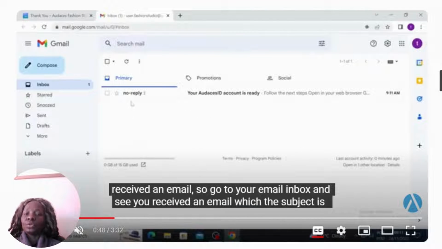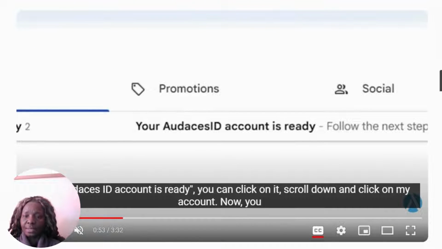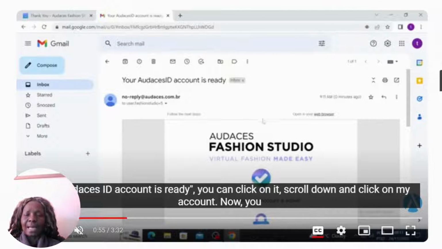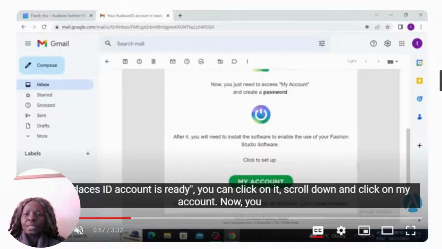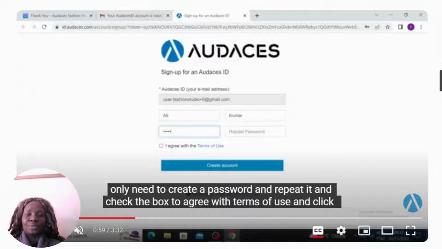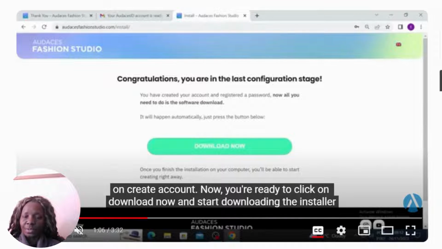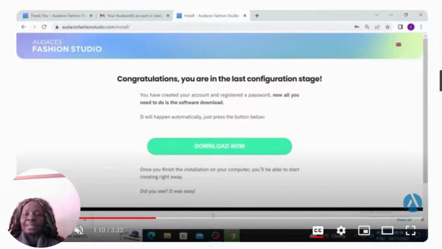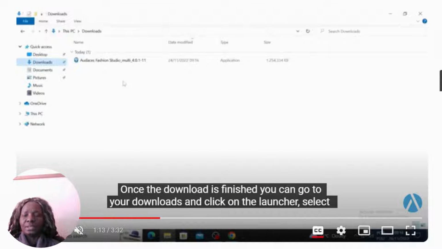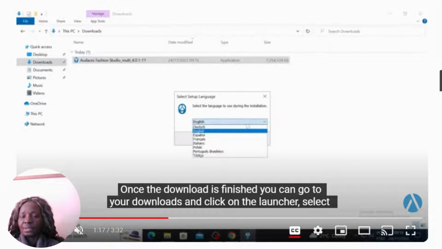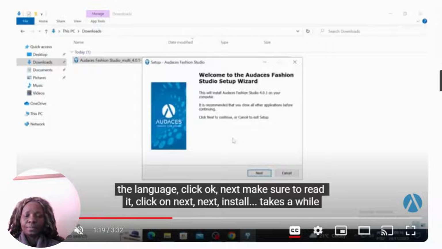And then you have to go back to the email that you used, check your email box, and look at this Audaces ID. Your Audaces ID account is ready. You click on it, and then you create a password, repeat the password, and then click on download now and start downloading the installer. Once the download is finished, you can go to your downloads and click on the launcher,